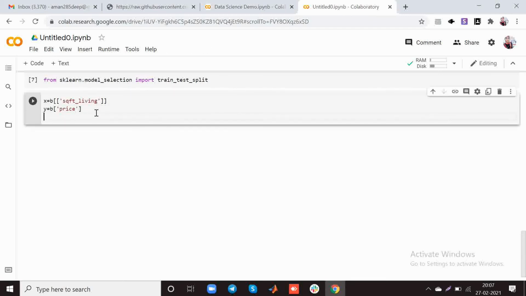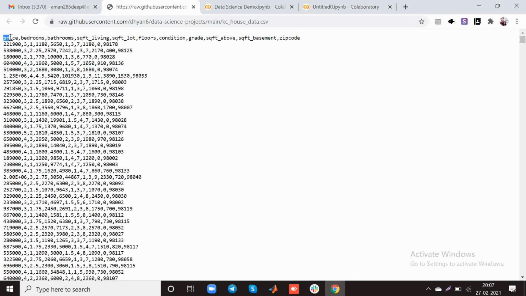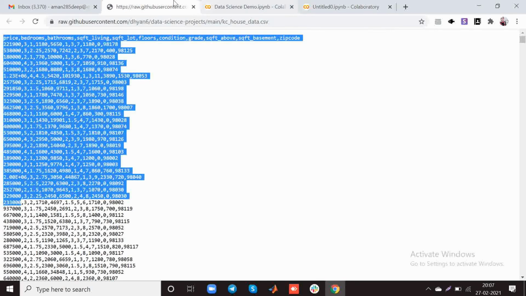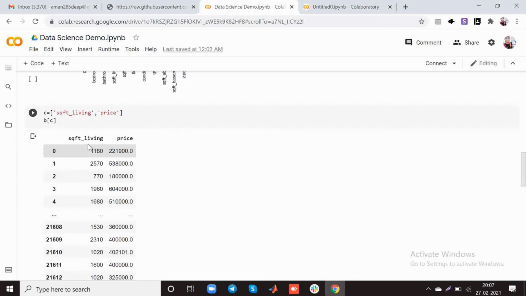First of all we have to train our data: if the size of the square feet living is 1180, then the price is this. If the square feet living size is this, then the price is 538,000.